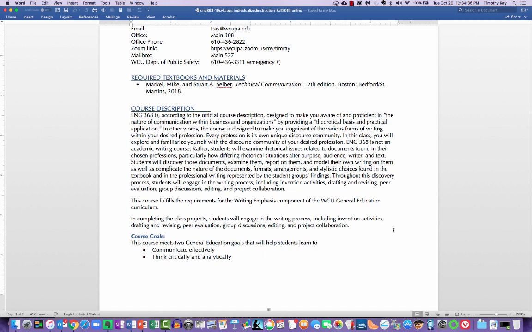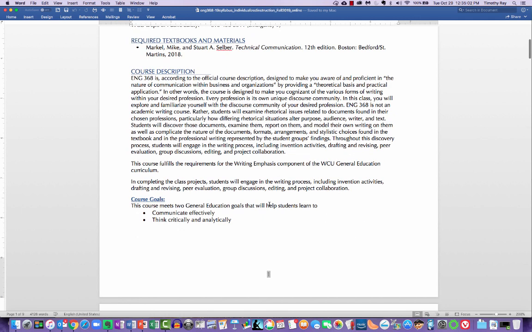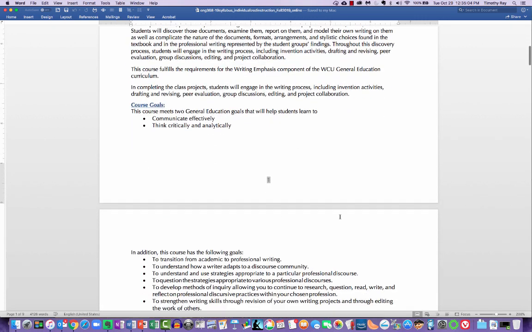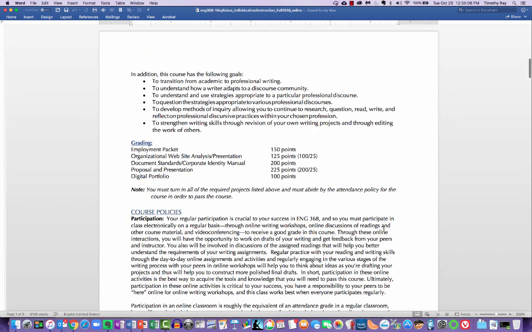So this course is designed to make you think more consciously about professional writing and how it differs from academic writing, and to kind of build a bridge between academic writing and professional writing. So you'll have to get used to a little bit these documents not looking like the typical documents that you create for some of your other classes. So as you read down, you'll see the course goals and additional course goals.